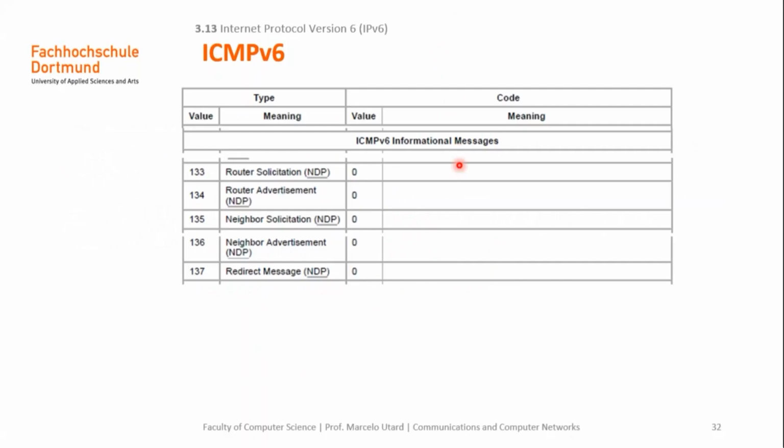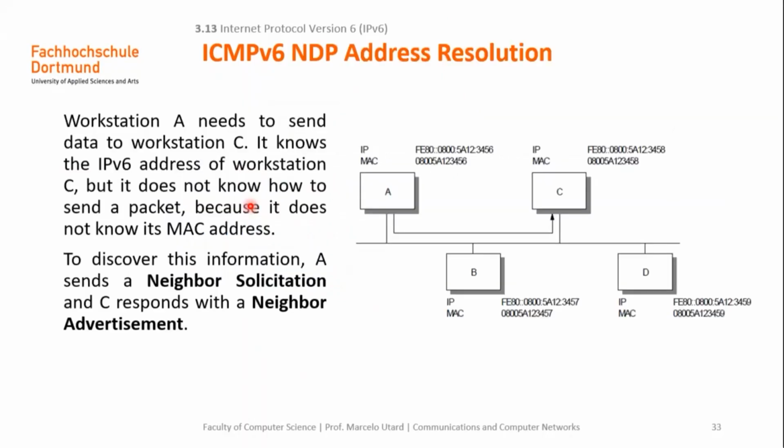Other ICMP version 6 information messages are router solicitation, router advertisement, neighbor solicitation, neighbor advertisement, or redirect message. All of those messages are defined to be used by the Neighbor Discovery Protocol. Then, in this case, we will see how NDP, the Neighbor Discovery Protocol, uses those ICMP version 6 messages in order to